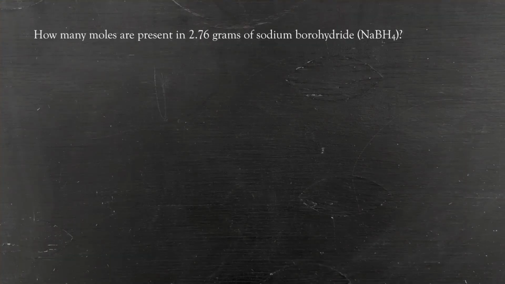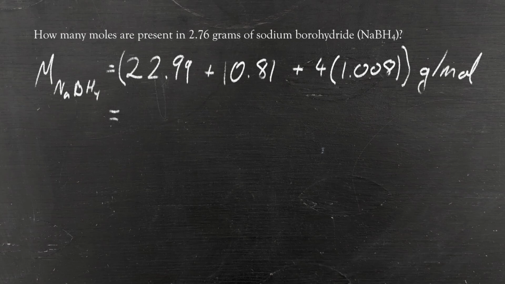So let's do some questions now where we're going to take a mass of a material and calculate how many moles there are. In this question, we are asked how many moles are present in 2.76 grams of sodium borohydride. The first step is to calculate the molar mass of sodium borohydride. This is going to be equal to all of those individual molar masses added together, which equals